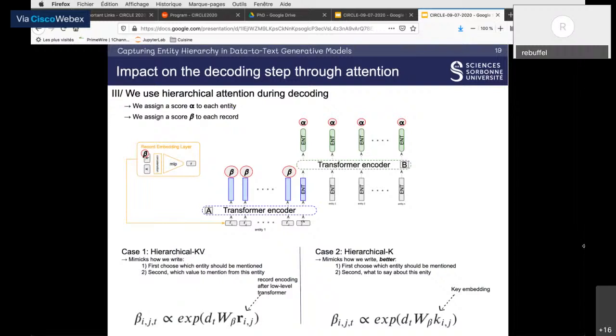First, we choose an entity, so we compute an alpha score over all the entity representations, in green on the figure. And then, once we have chosen an entity, the one with the highest alpha score, we choose a value from this entity. So we compute a beta score over all the records inside this entity. So the alphas sum to 1, and the betas inside one entity also sum to 1. However, we also experiment